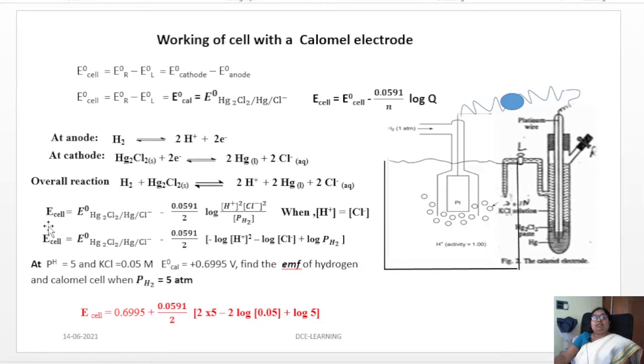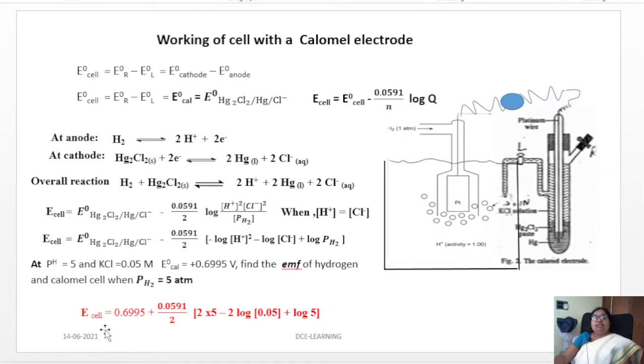That will be the E cell which will act if you keep it as a reference electrode here on the left hand side, then the EMF of the whole cell acts as a relationship by using the Nernst relationship. Then if your cell is working at these conditions at pH 5, KCl 0.05 molar, and the standard calomel is equal to 0.699 volts, and if you find the EMF of the hydrogen and calomel cell when the H is equal to 5 atmosphere,